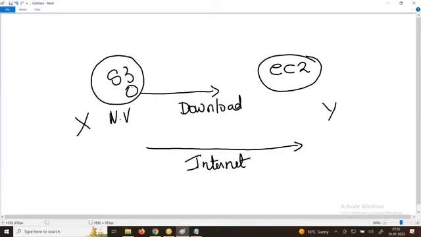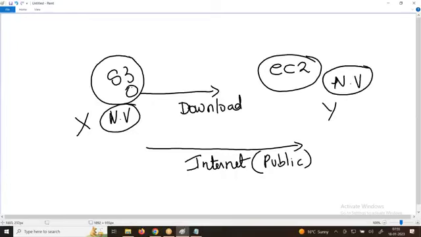Now I will tell you the problem. The internet is public. The problem here is, where is this bucket present? North Virginia. What happens if this EC2 instance is also present in North Virginia? The meaning is very straightforward: both the EC2 instance and S3 are in the same region, maybe in the same building also, sir. The S3 bucket is present on the ground floor. The EC2 instance is present on the 8th floor, maybe, right? Because both are in North Virginia.